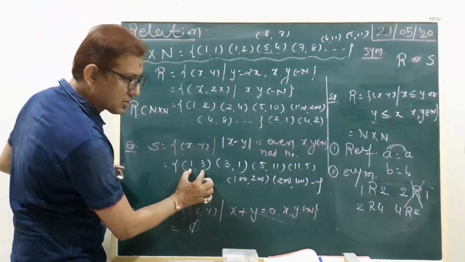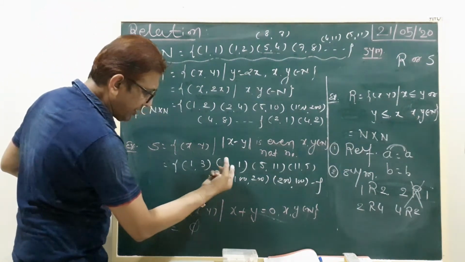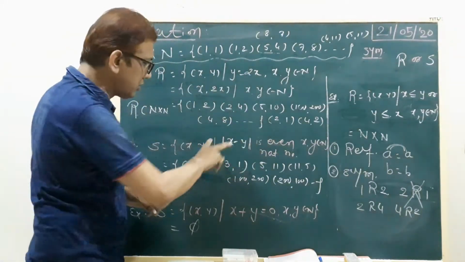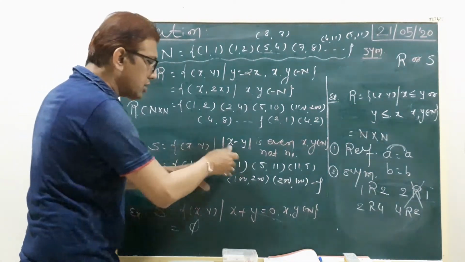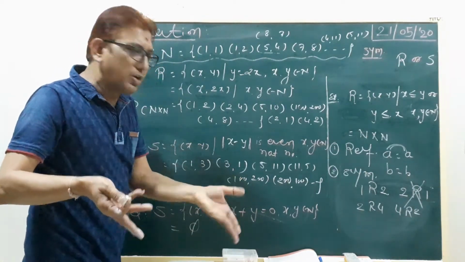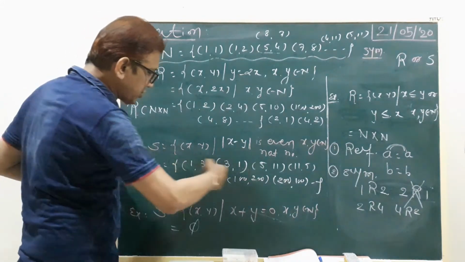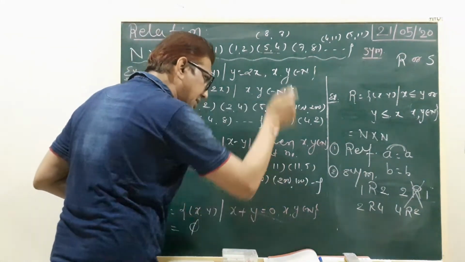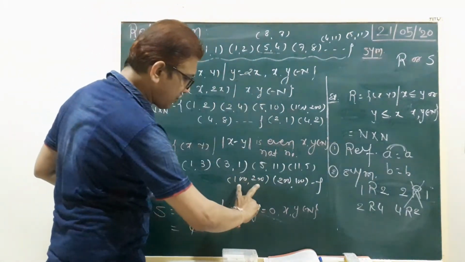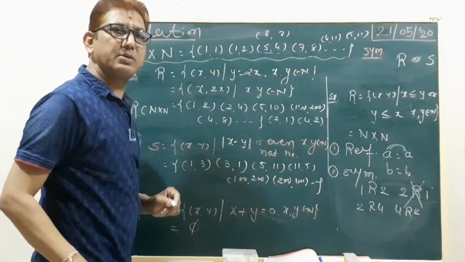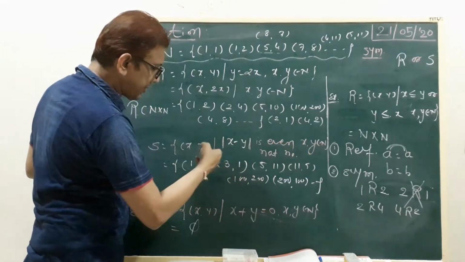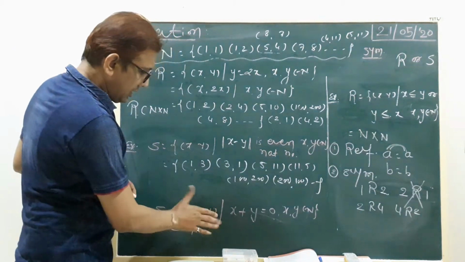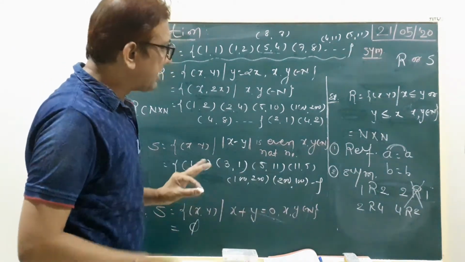Now in this question, 1 3 is possible. Look here, 3 1 is also possible because our subtraction is an even natural number. Modulus is given, so for 1 3 or 3 1 the answer is 2 because of the modulus. So in this question, if 1 3 is possible, 3 1 is also possible. If 5 11 is possible, 11 5 is possible. If 100 and 200 are possible, 200 and 100 are possible. So the symmetric property is satisfied in this question. Right? This question is also already completed.